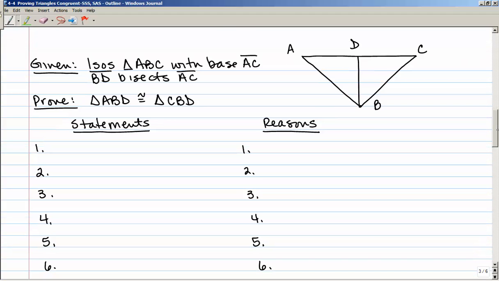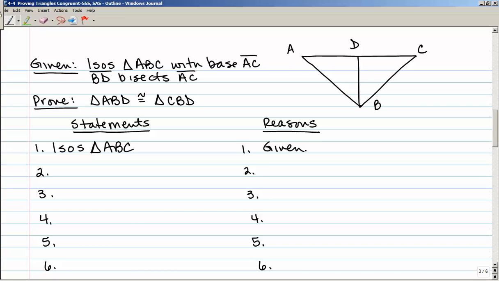Let's take a look at how we might use the SSS postulate in a proof. Here we're given isosceles triangle ABC with base AC and BD bisects segment AC, and we need to prove the triangle ABD, so the smaller triangle on the left, is congruent to triangle CBD, the smaller triangle on the right. So let's go ahead and state just the first part of our given, that we are given isosceles triangle ABC,